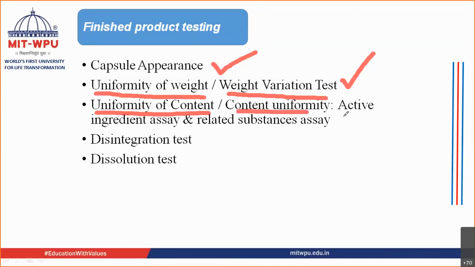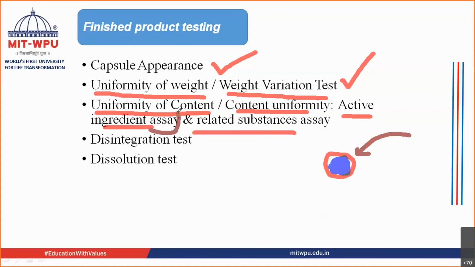What is the amount of active ingredient that is present inside that capsule that you are going to determine? So you have a capsule, you have material that is filled inside the capsule, and this material consists of some active ingredient. So what is the quantity of active ingredient that is present over here? That has been decided by the assay. So you carry out the assay, and you find out the percentage of active ingredient that is present inside it.